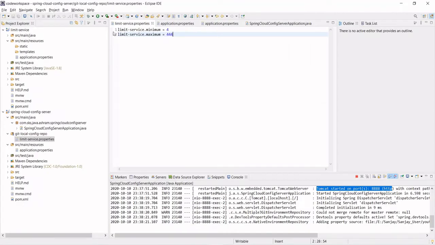So 4 and 444 configuration are getting read, and this is also giving some more information like the path of your local Git repository. And the other is that the default profile is being selected. So here the profile could be your dev profile, your production profile, or your QA profile.